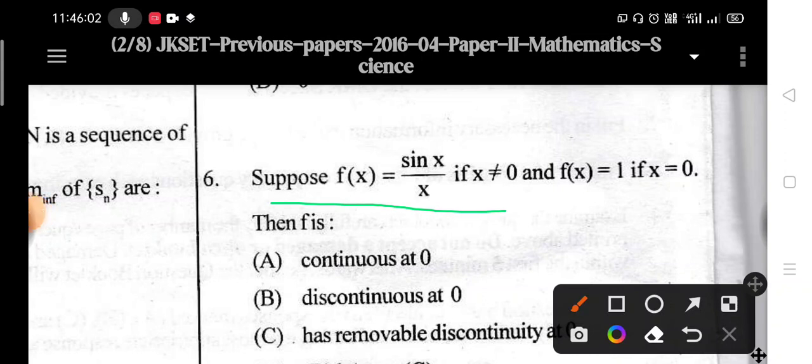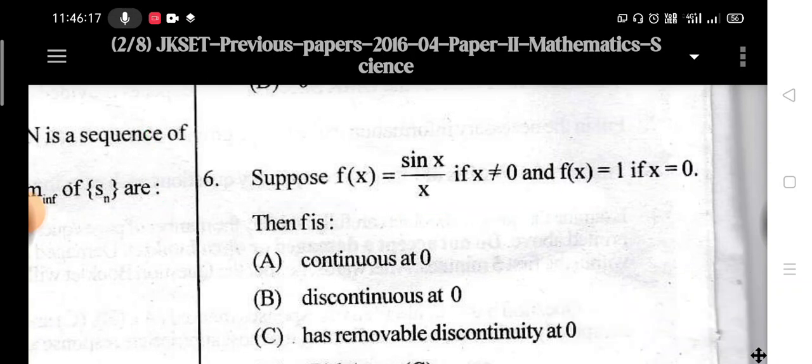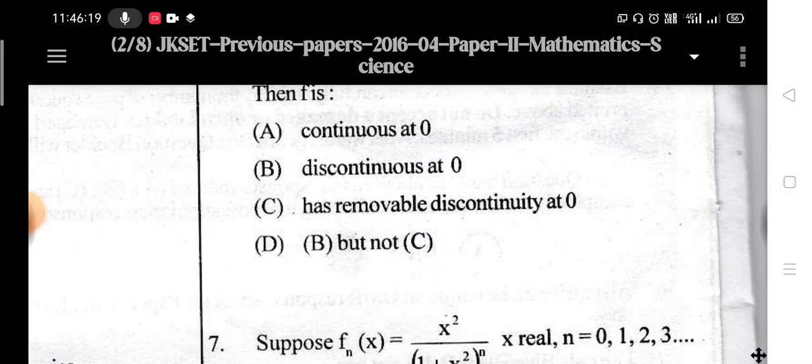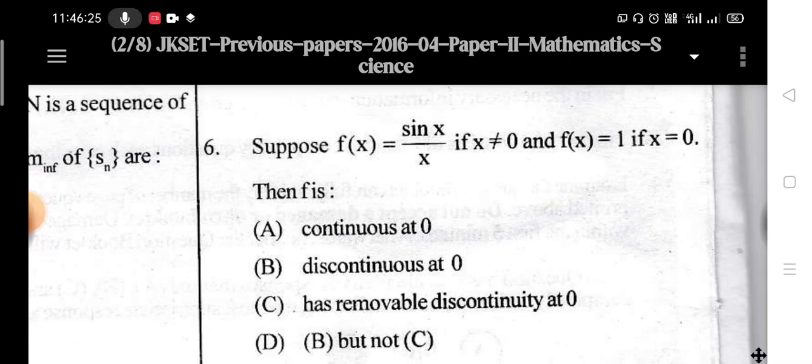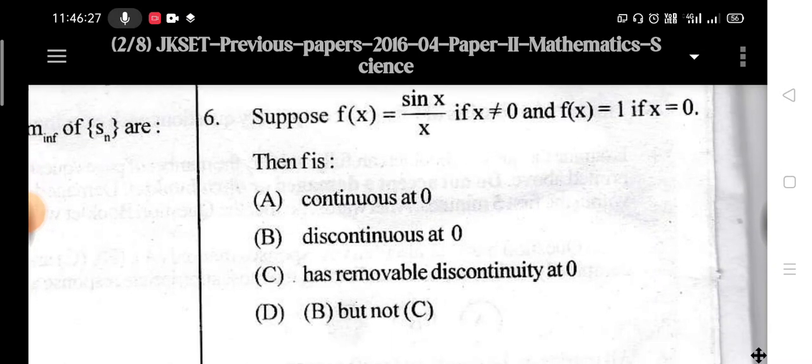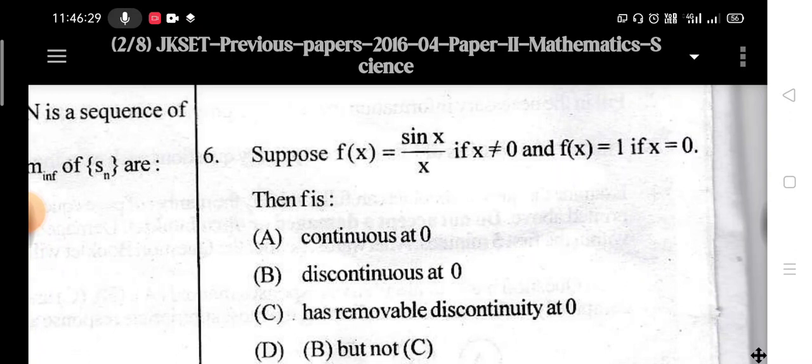So I would like to tell you what we have to do in this question. You have been given a function and you have to comment whether this function is continuous at 0, discontinuous at 0, whether this has removable discontinuity at 0, or B but not C. So let's see what's going to happen in this case. So the question reads